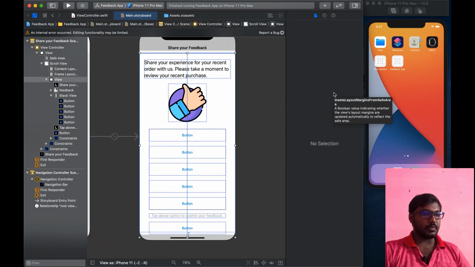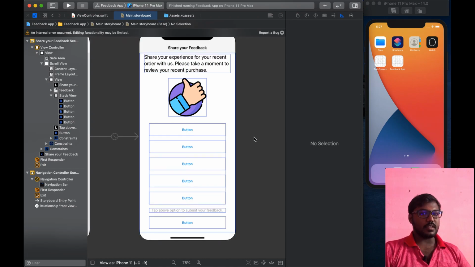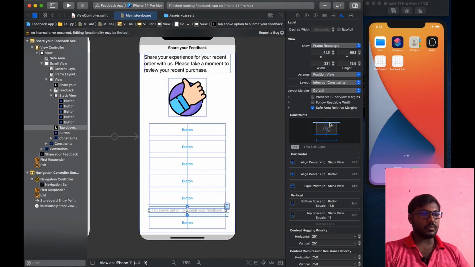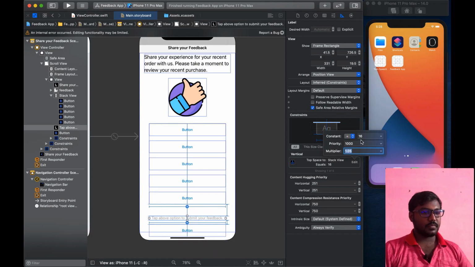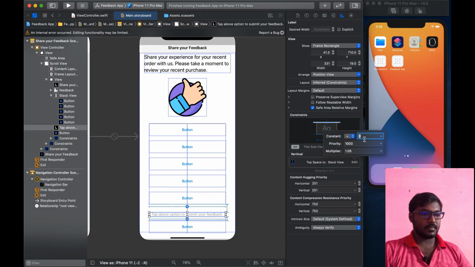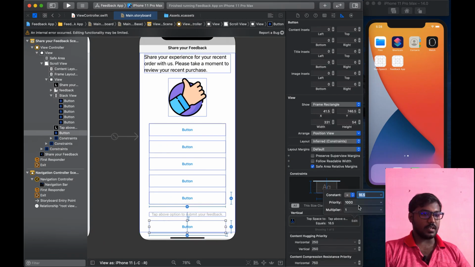Now we are going to remove the vertical constraint, because the screen is fitted. When we remove the vertical constraint, the scroll view will be scrollable. That's all.